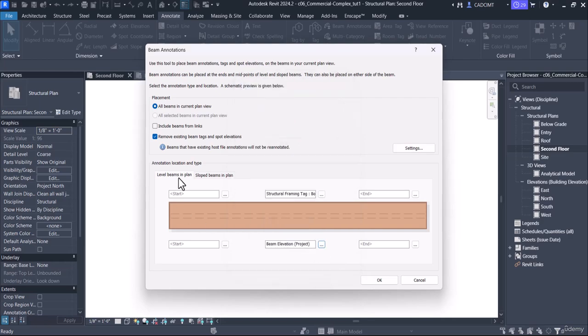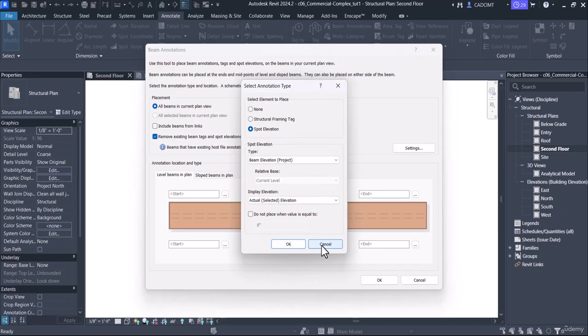Next, in the Label Beam in Plan tab of the Beam Annotations dialog box, choose the Browse button located at the mid of the image of the beam. You can see here the Select Annotation Type dialog box is displayed. In the Select Element to Place area, ensure that the Spot Elevation radio button is selected. Then, in the Spot Elevation area of this dialog box, select the Beam Elevation Relative option from the Type drop-down list